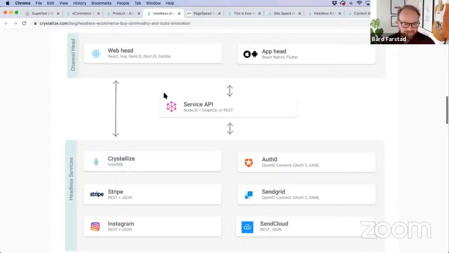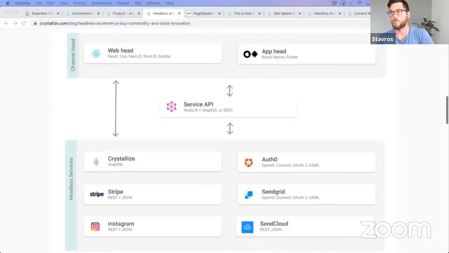But basically, it's a best of breed stack, and it gives you freedom to build the front ends exactly the way you want. So this is essentially like when you're wondering what is the best project, when you should look at a headless architecture. When would you say that would be the case? So